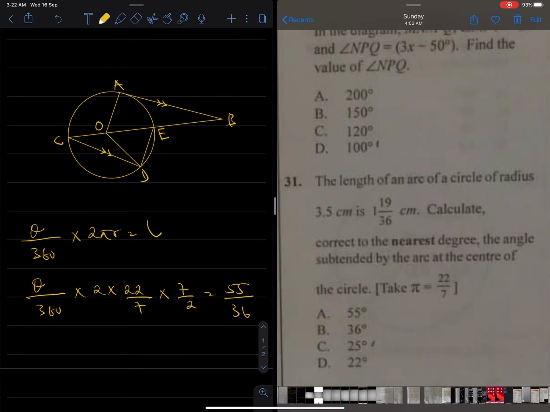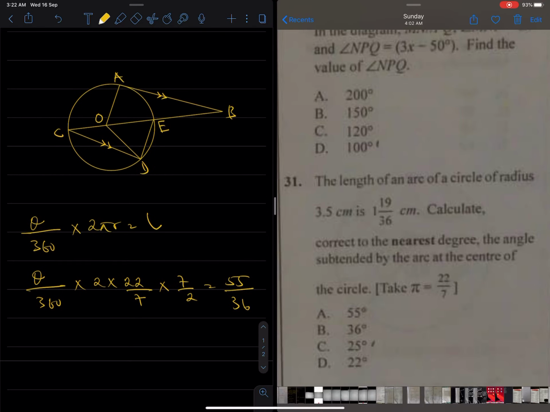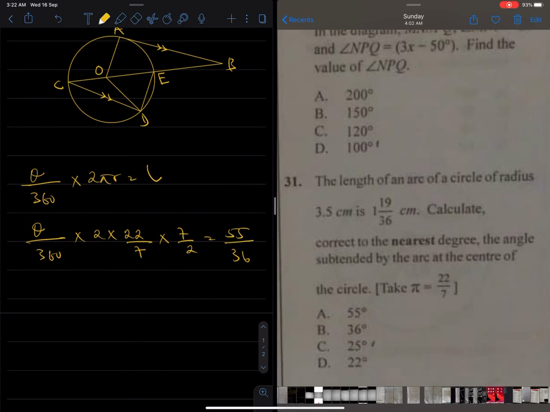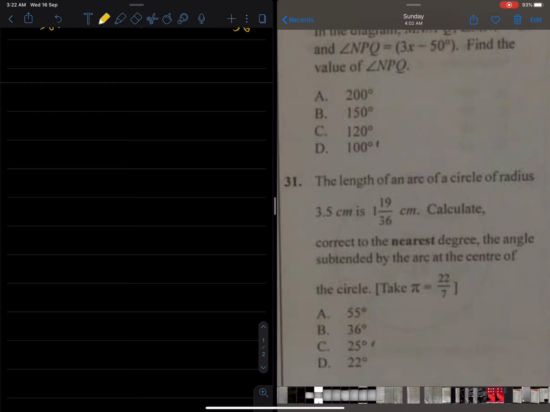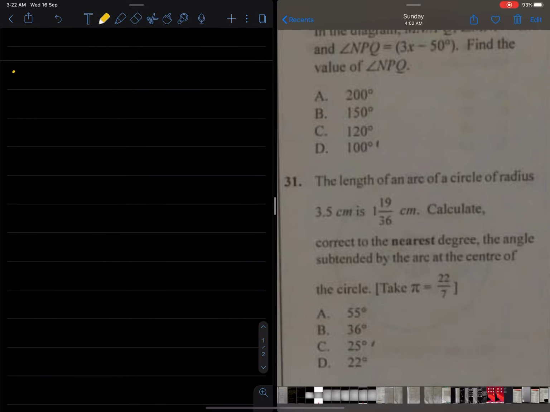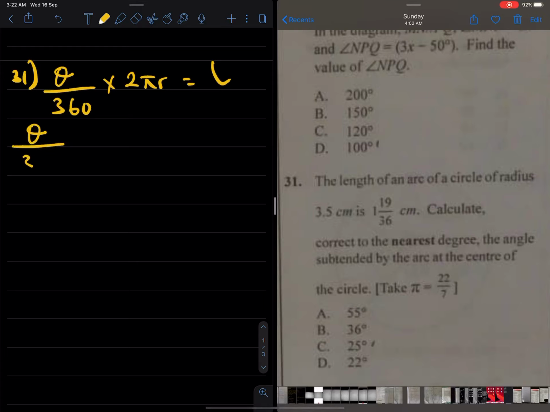Alright, so let's go straight to that. We know the formula for the length of an arc. The formula for the length of an arc is theta over 360 times 2 pi r. So theta over 360 times 2 pi r equals L, where L is the length of the arc. That means theta over 360 times 2 times 22/7 times radius 3.5, which is the same as 7/2,